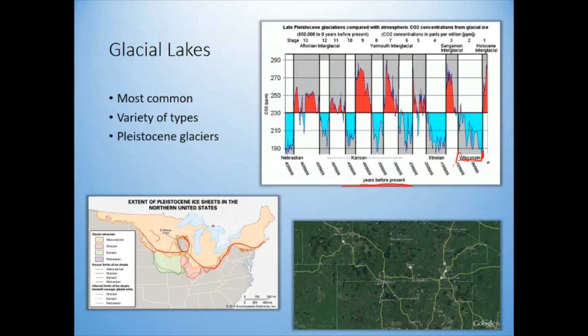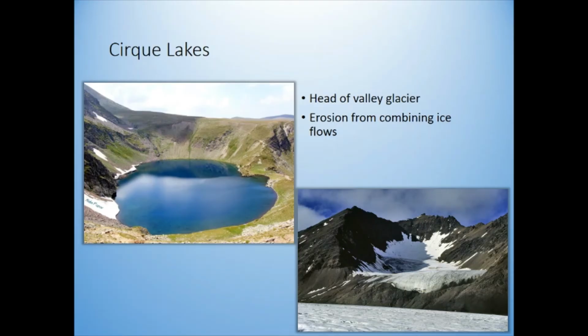And what we see when you look at all of the lakes, like in northern Wisconsin, so this is a picture of northern Wisconsin, is that all these different lakes dotted all across the landscape right here are due to the glaciers. Now, how do these happen? How does a glacier form a lake?